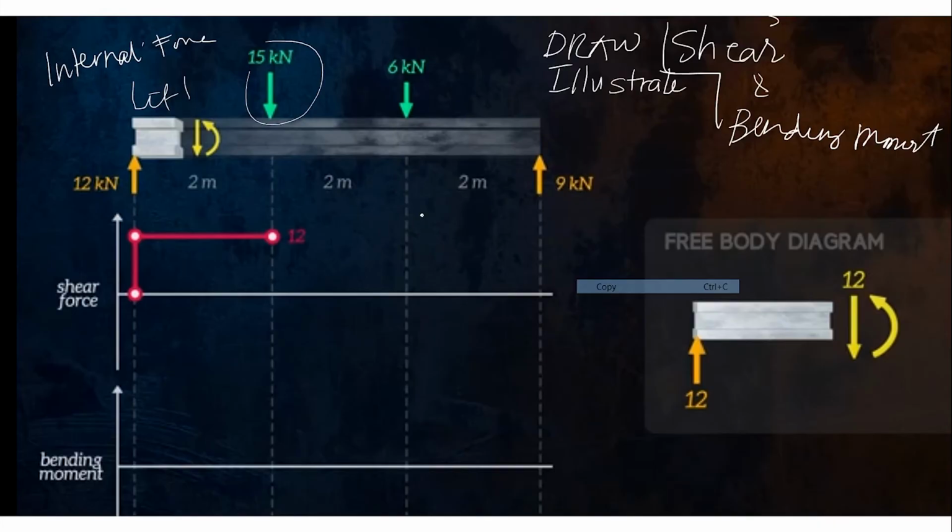So go back here. If we cut here, in the right side of the 12 kilonewton, no? Because we already analyzed that this is 12 kilonewton. On the right side, before the next force, we cut it. We cut. Now, when we cut, pag hiniwa natin yan or tinagpas natin yan, there will be a vertical something